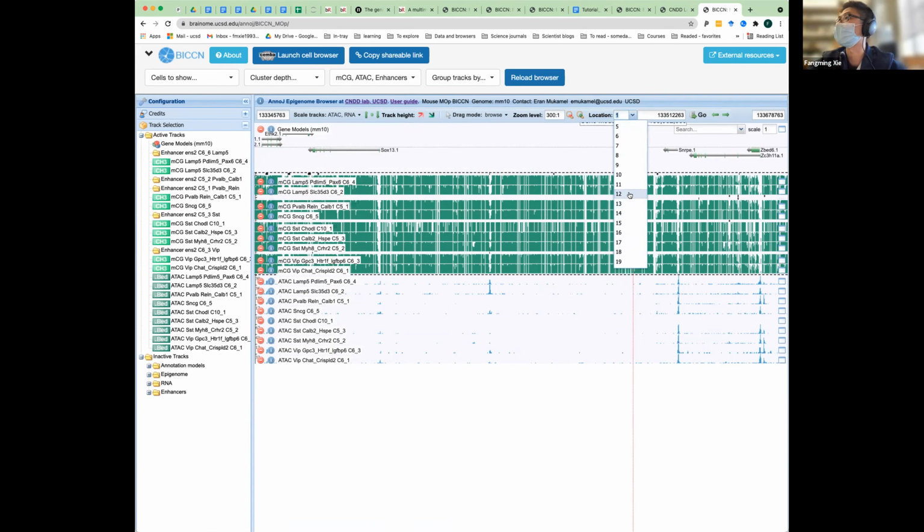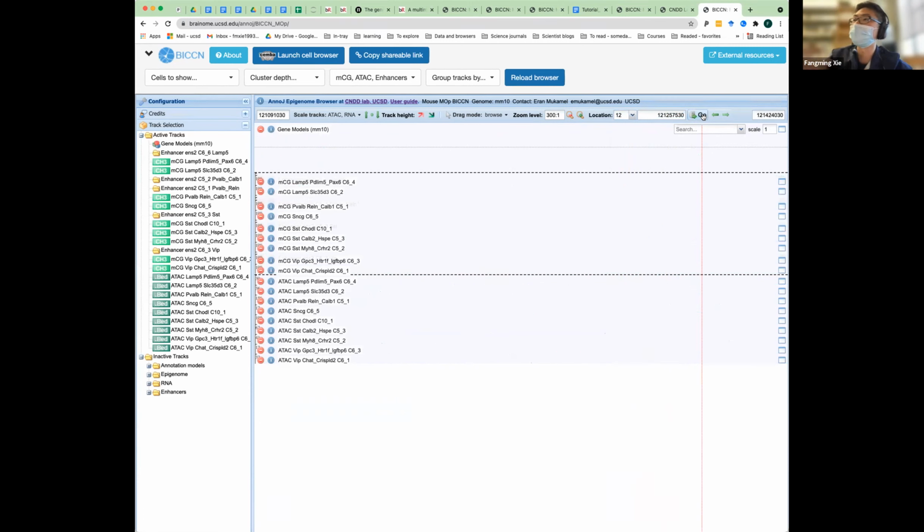So let's say we want to go to chromosome 12, and the next variable is the coordinates on that chromosome. I'll just keep it as it is and then click go. Then the whole view will go to that particular genomic location. Now we see nothing.